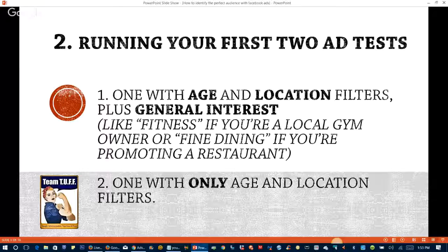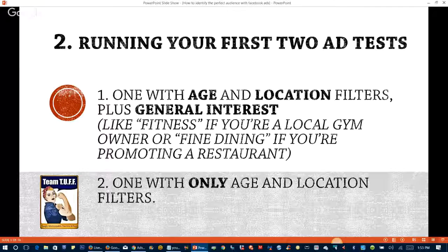And at the end of those 2 days, you're going to go back into your ads manager. You're going to take a look at your ads, and you're going to see which one performed better. Okay, which one got the most clicks, views? Did you get leads from it? If you've set everything up properly, it'll even tell you in Facebook how many leads you got out of it, or conversions is what they call it. Whichever performed the best is the winner.